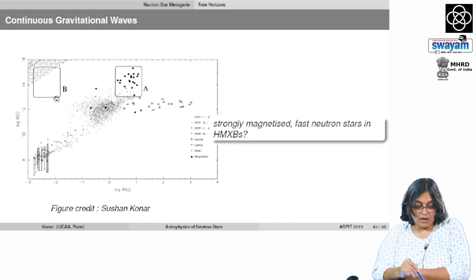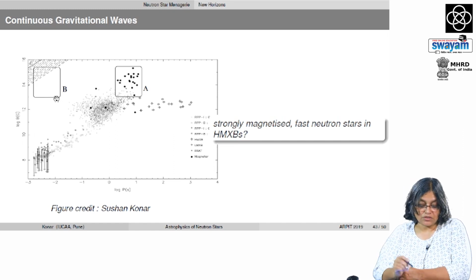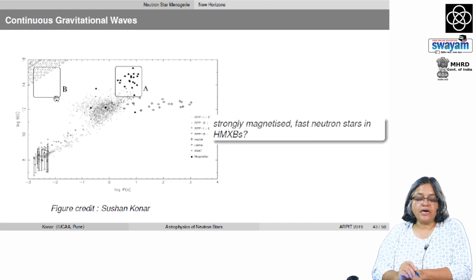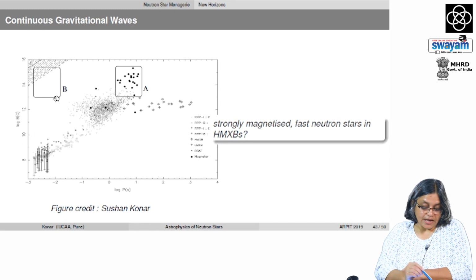So, this is the spin period and magnetic field plane of neutron stars, where you see all these neutron stars. If we now try to see where the detection limit of the gravitational wave observatories would be, we see that they are in this corner where there are no neutron stars